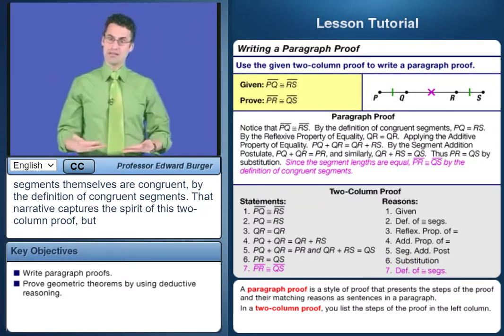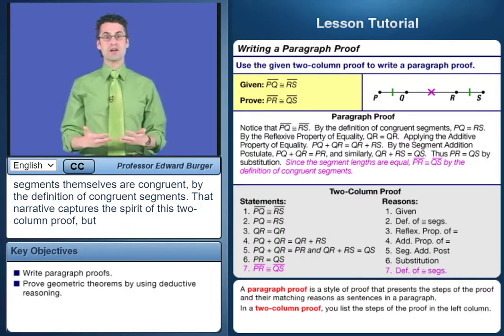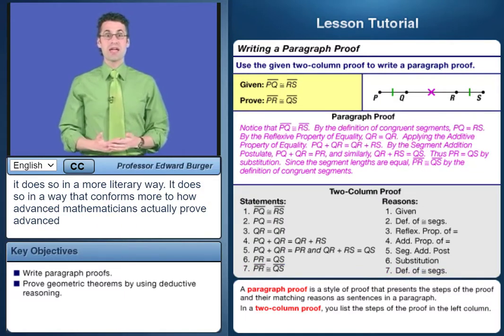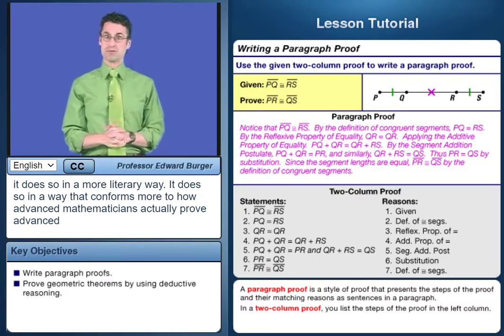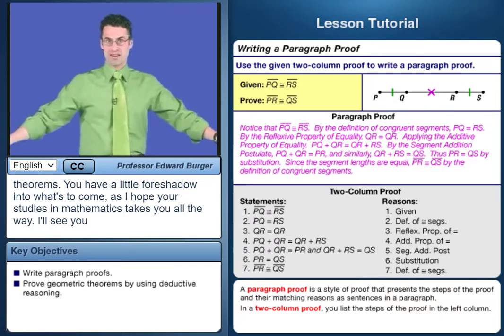Now, that narrative actually captures the spirit of this 2-column proof, but it does so in a more literary way, and it does so in a way that is more conforming with how advanced mathematicians actually prove advanced theorems. So you have a little foreshadow into what's to come, as I hope your studies of mathematics takes you